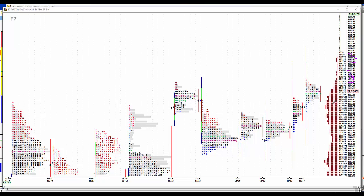Last rotation down stopped at 80. We're at 83 right now, so this 81.79 for Globex will be buy 1, and then 74.76 will be buy 2. No news to speak of tomorrow. End of the week,